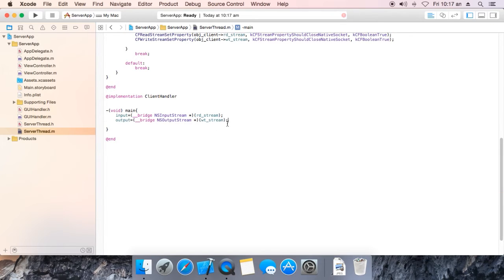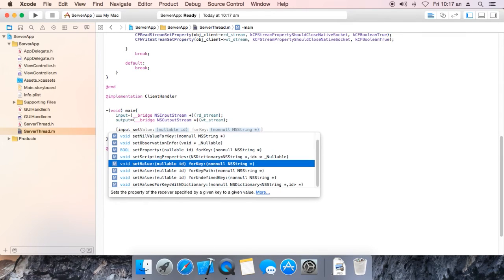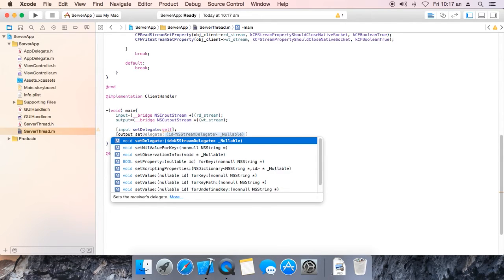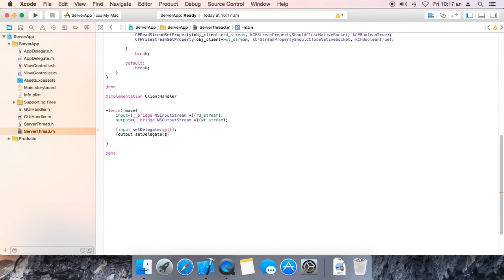Now input set delegate, that is your self. Okay, output set delegate, that is also self. Okay, now we need to schedule both input output NS streams. Okay,